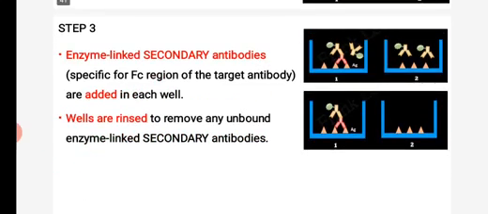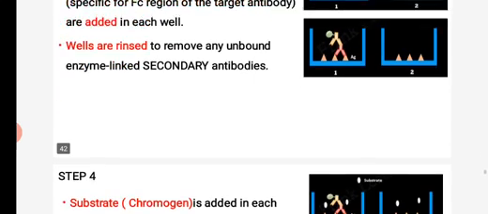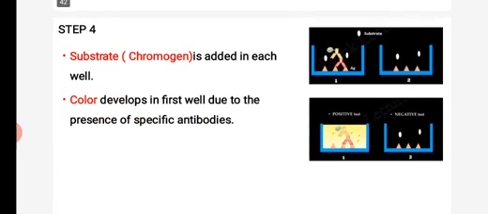In step 3 we are adding enzyme-linked secondary antibodies that are specific to the Fc region of the target antibody in each well. Then wells are again rinsed to remove the unbound enzyme-linked secondary antibodies. In step 4, as usual, the substrate is added